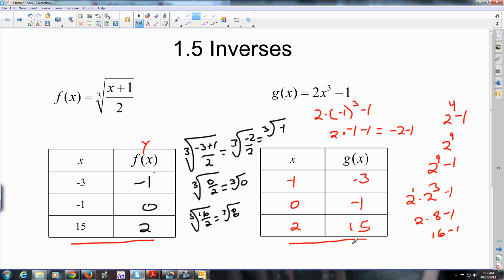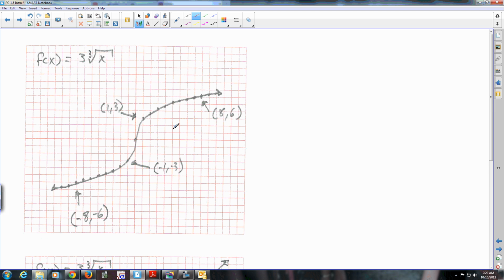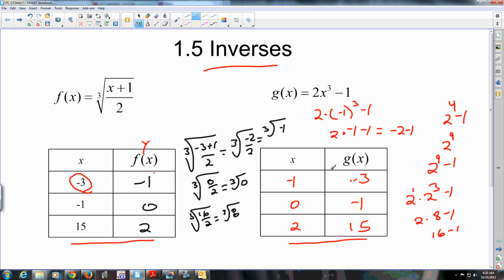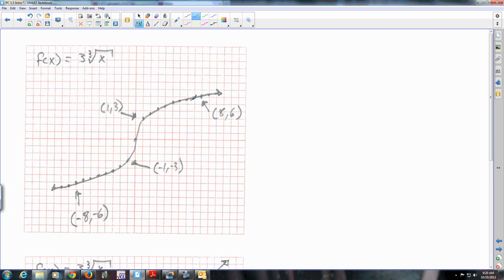They're switched. These are inverses of each other. Whatever I put into this equation and get an answer, this equation is going to undo what this equation did. They undo each other. They're inverses. To visually show you that, running with the idea, the theme that the x's and y's got switched, if you visually look at that,